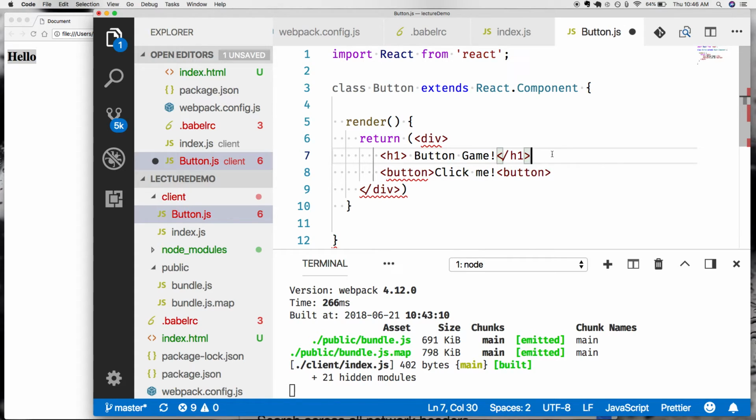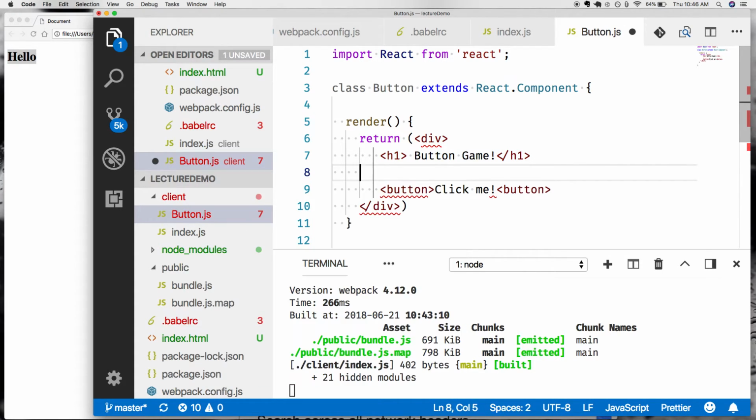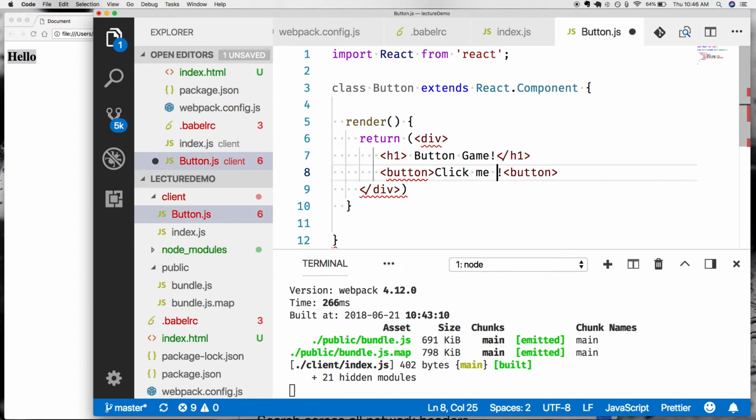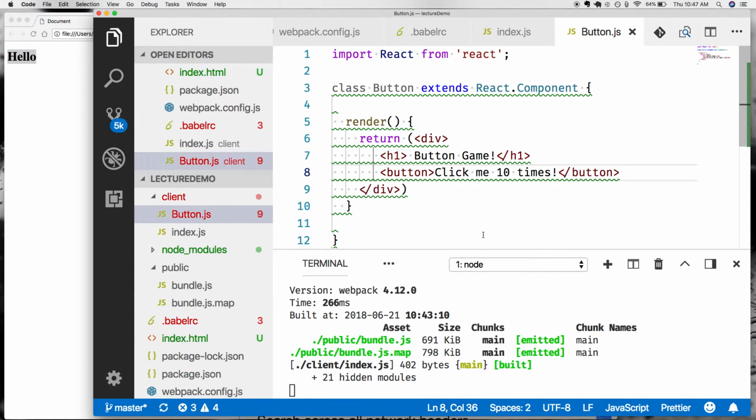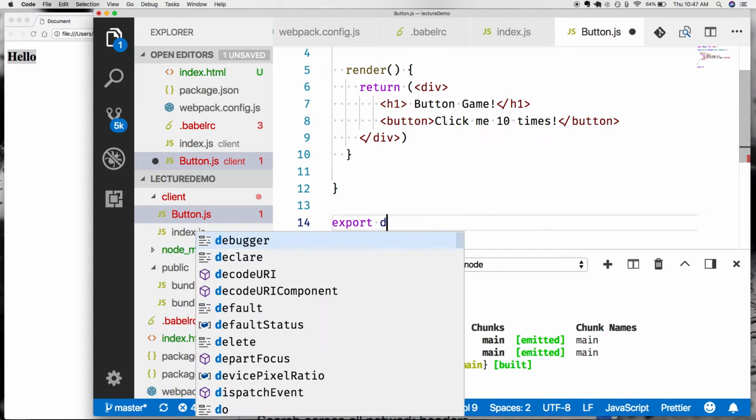Okay, so button game, and let's say, just put it right in here. Click me 10 times. Super easy button game. Seems unhappy about, there we go. All right, so this is all I really need for my button. So I'm going to export my button, export default